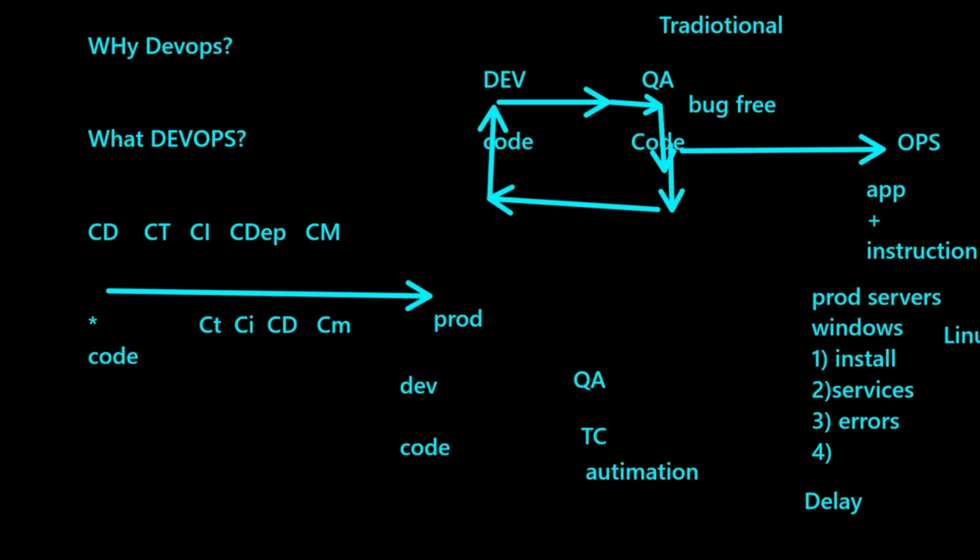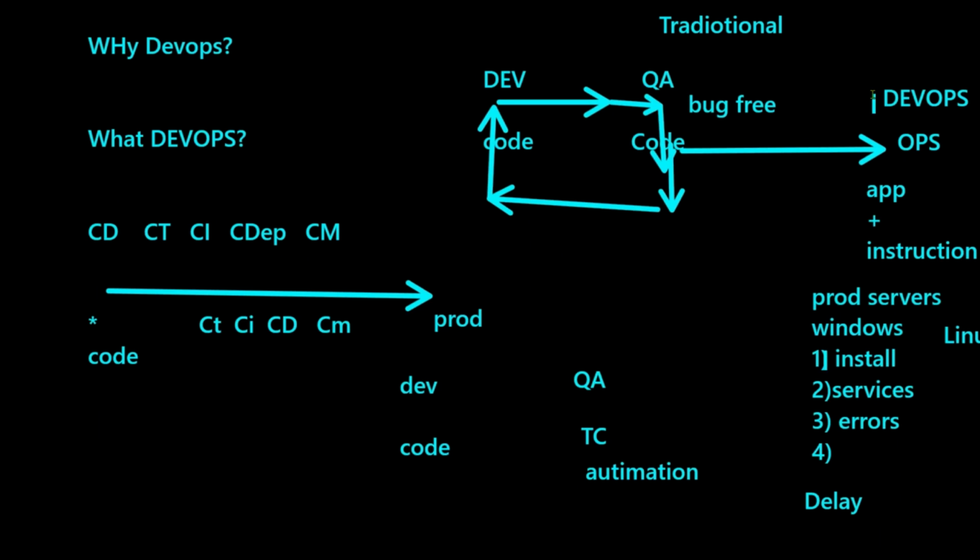See here, developers, instead of handing over the application to the ops team, will hand over the application to the DevOps team. Who is a DevOps team? A DevOps team is nothing but a team of people who know the complete process of automation. They will not install the services and packages manually. They are not bothered about installing packages or configuring servers manually. They have the process of automation. Whenever the application is handed over to the DevOps team, they know the complete process of deploying it to production servers automatically. Right, that's where the difference comes in.